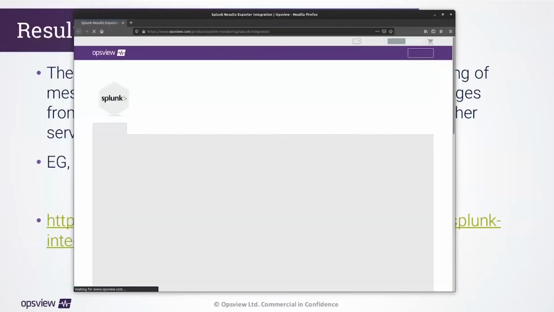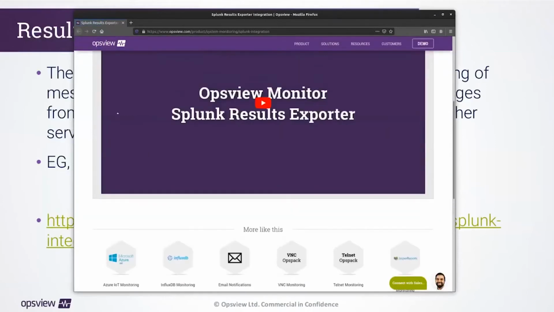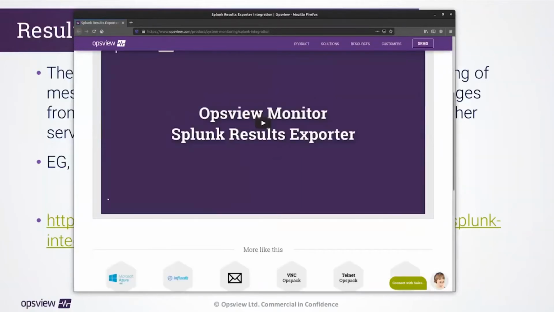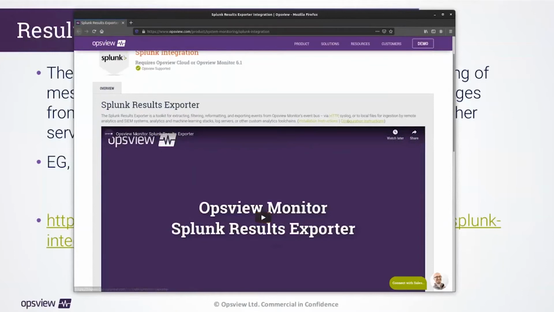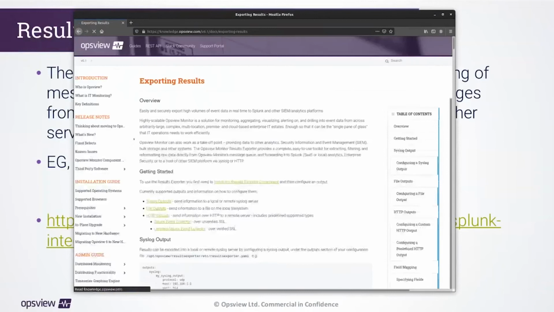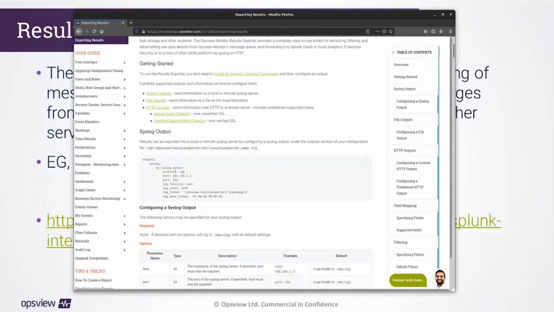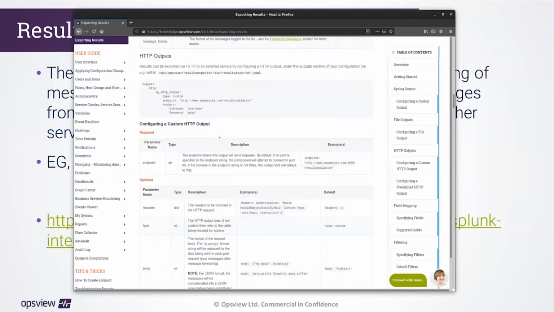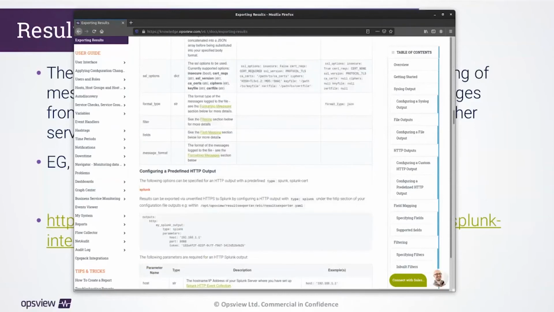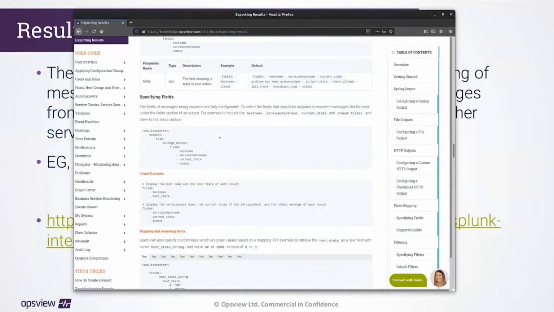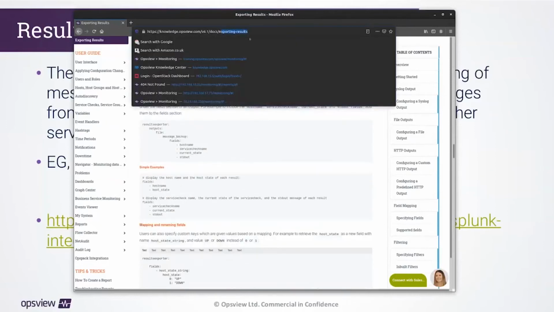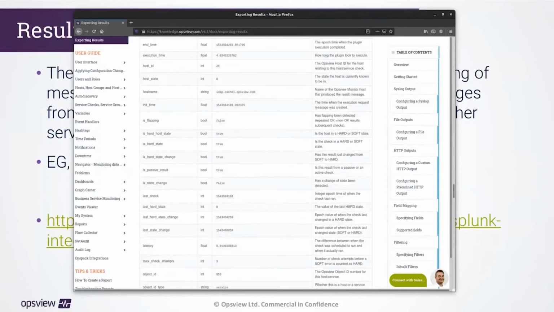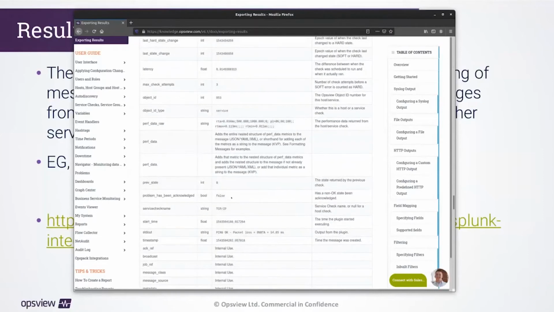So I can send them to a log file, I can send them to an HTTPS endpoint and things like Splunk. So I can send them to either a file, a syslog server, and I can filter on all of this. So rather than me manually configuring one of these, which would take a long time, I can give you some indication of all the options you have and encourage you to go and visit this exporting results option here. We can send these results, like I say, to log files, to syslog servers, and to HTTPS endpoints like Splunk, like